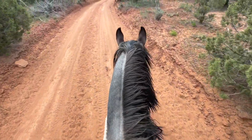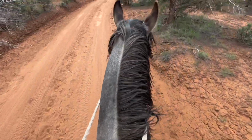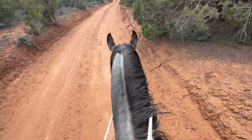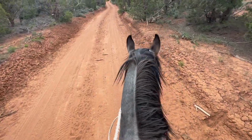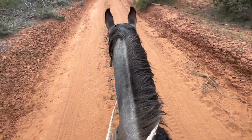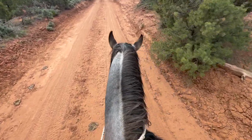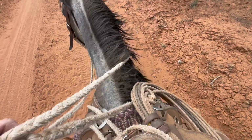Alright, so I swapped to the Blue horse. I'm gonna ride back and meet these guys. But this horse has just had a little bit of trouble, you know, putting his head in the air, being a little bit antsy, being a little bit impatient. He spent a lot of time tied up and saddled the last couple weeks, but seems like he's kind of gearing down a little bit, but he's definitely a little antsy right now, but I'm sure he won't be by the time we're done. So anyway,